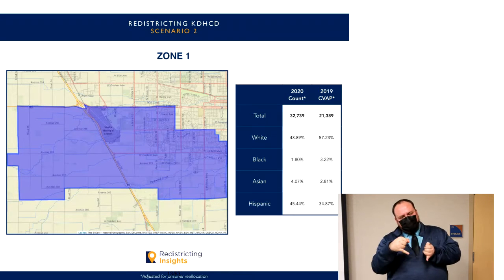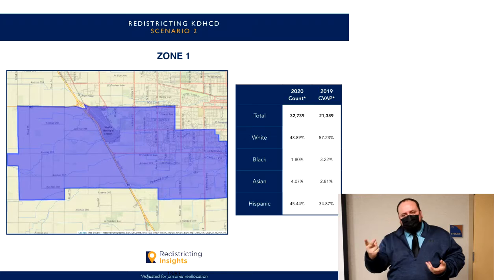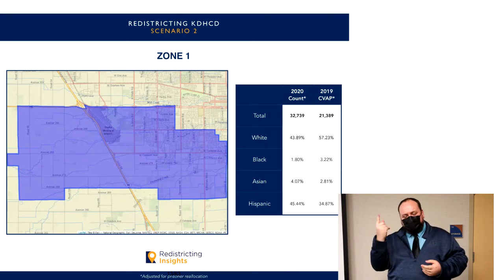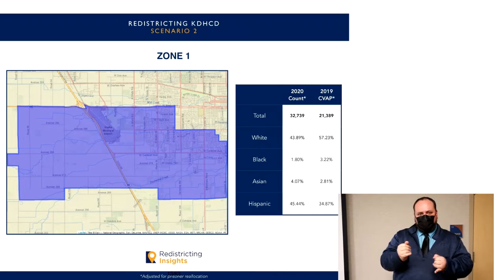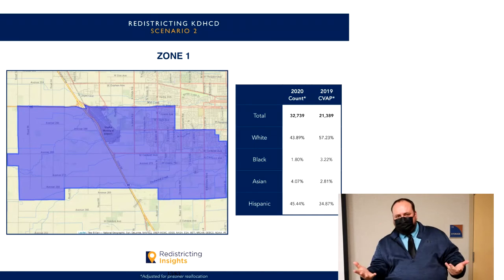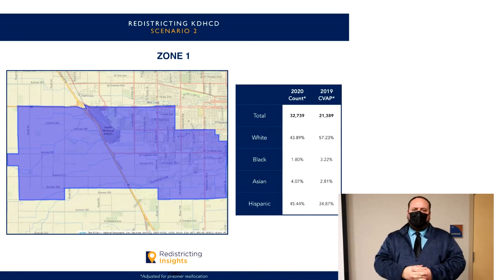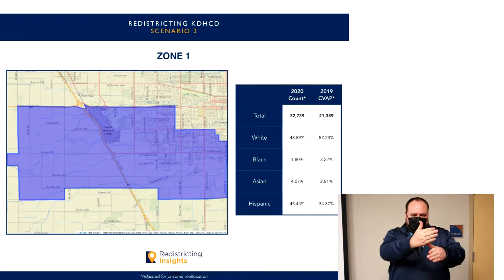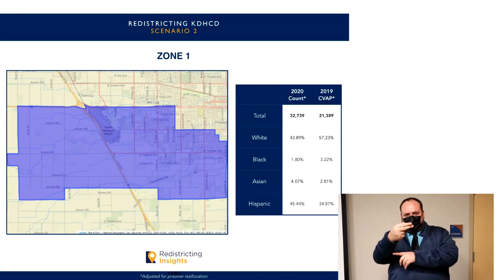So this one still tries to keep kind of those clean borders that were mentioned. We do cross some areas that might be considered significant borders. So the 198 gets crossed right here. And then we do split some of the larger neighborhoods that are mentioned on the map. But still overall, this is a map. Any questions or comments on scenario 2?